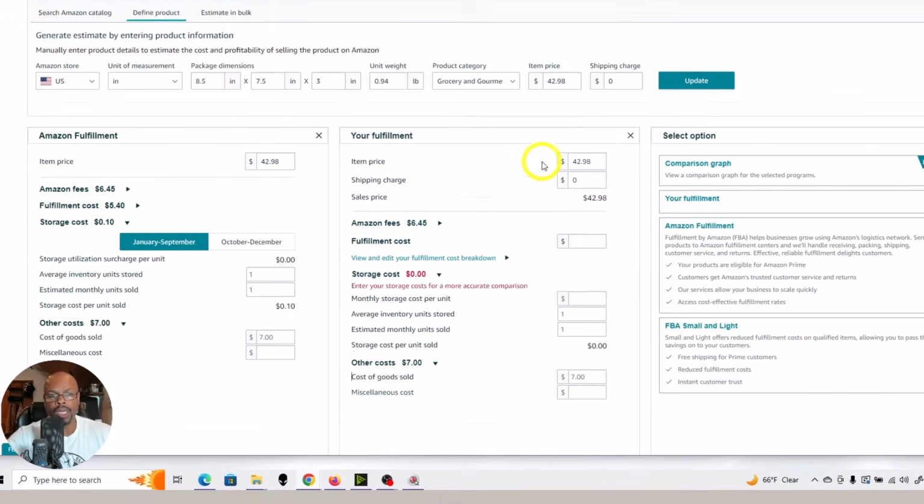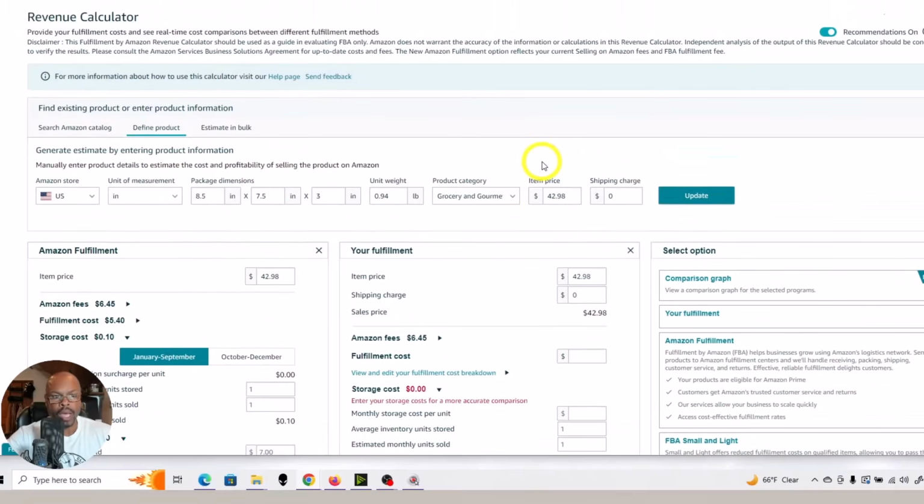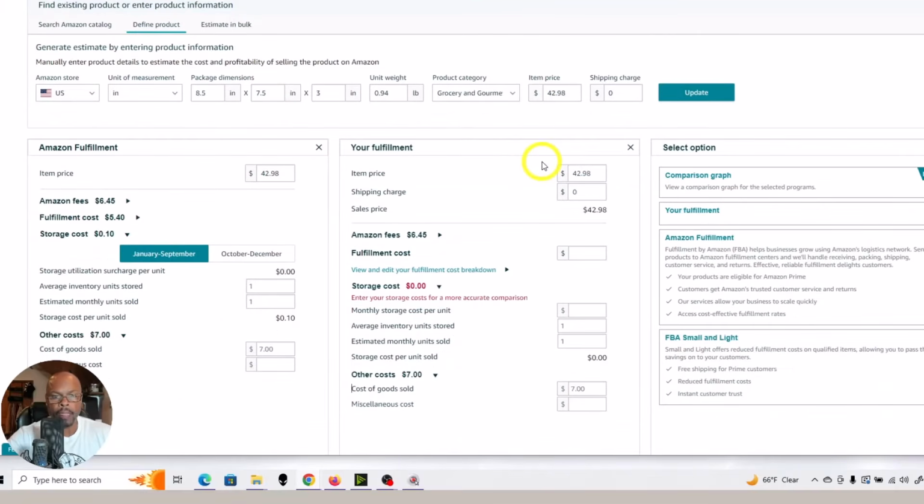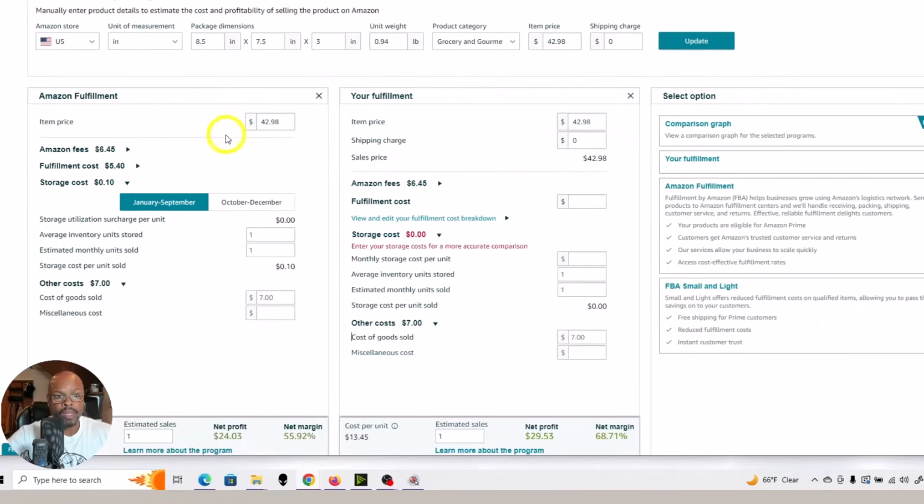Okay, another way I could do it, if you don't have Inventory Lab, you could just use the free Amazon revenue calculator. You'll stick the ASIN in there, and again, you can see if you listed it at $42.98, your cost, I guess I should put $8 instead of $7.